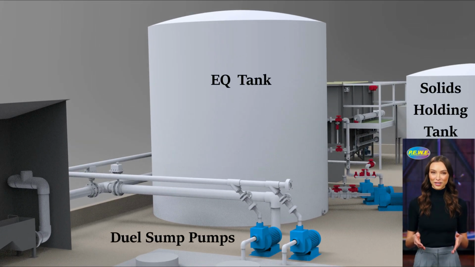The EQ tank serves as the first conditioning step, where incoming wastewater is collected to balance fluctuations in flow and contaminant strength before downstream treatment. A dedicated mix pump continuously recirculates the tank contents to keep solids suspended and ensure uniform water quality throughout the